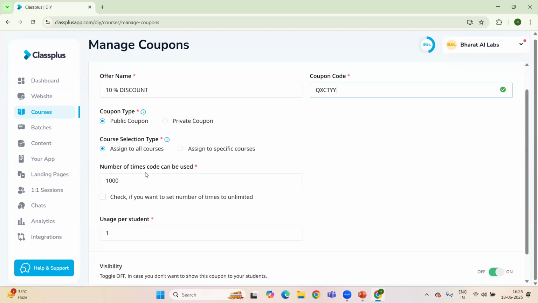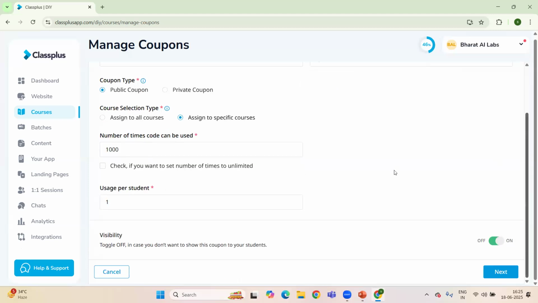And then you have to select the type of course, like whether you apply that particular coupon to all assigned courses or specific courses. So I want to go with assign to specific courses because I want to add it with my robotic course only. And then there is the number of times the code can be used. You can add either unlimited or you can add a number also.